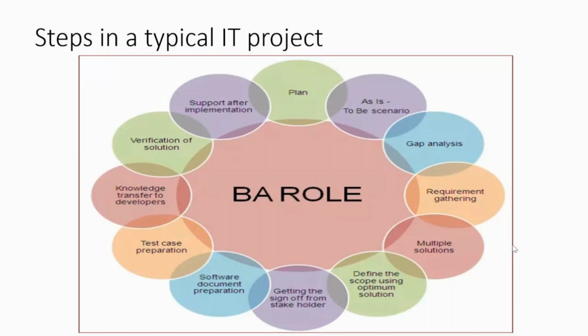First of all, where does it begin? It begins at the topmost section here, the planning phase. Okay, so first of all, the business team outlines the problem and envisions a solution. So this forms the way for the business analysis process. First, the planning happens, like how, what should be done, etc. The next step is about the as is scenario, which is nothing but as is represents the current scenario. To be means the to be state, the final state that you want to achieve at the end of this project,